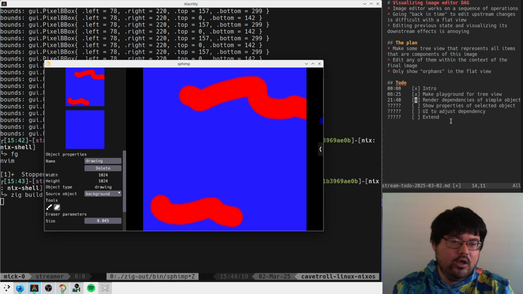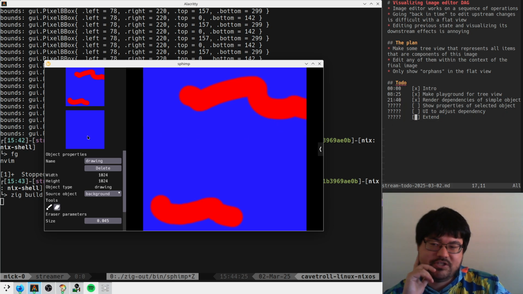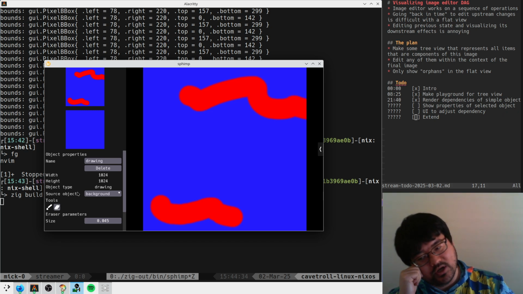Cool. I think it would have been nice to cover some of this UI stuff. I want it so that when I click this guy, it shows that in here, but we're not going to get there in the next 15 minutes. But what would probably be nice is to try to do some sort of horizontal layout maybe. So like,